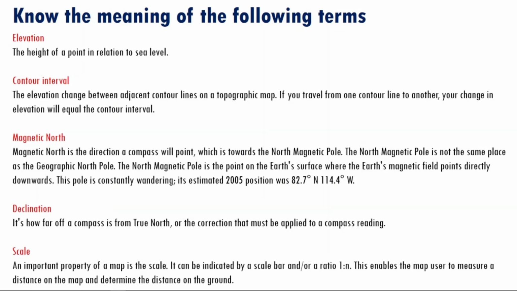What does this mean? It's simple. If the map says it's on a ratio of 1:10, and they say that from point A to point B is 10 meters, that means you have to take 10 meters and multiply by 10,